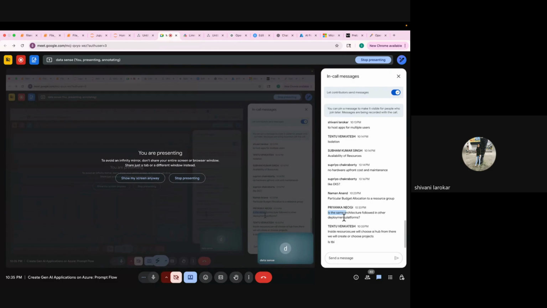It's the same architecture followed in other deployments. See, everywhere the name is different. In AWS the name is different, in GCP the name is different, but it is kind of the same. From an architecture point of view, it will remain kind of similar, just that their names will be different. Some settings can be different, properties can be different, but